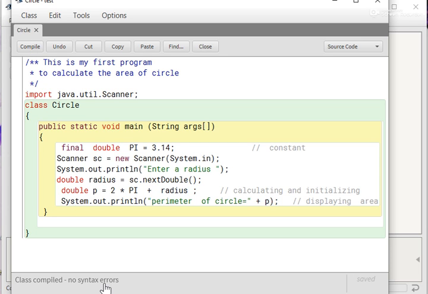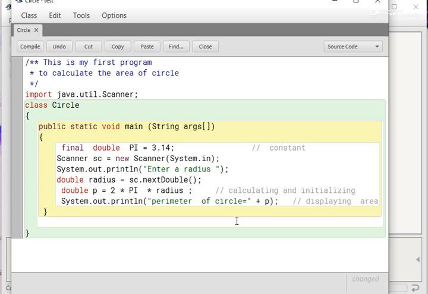There is no error because this is a logical error, and a logical error cannot be checked by your compiler. So this type of error gives an incorrect result, but your program will get executed. Now change it back as before.